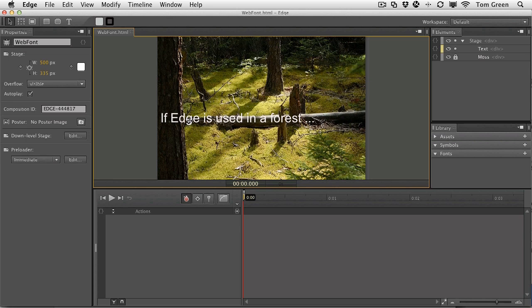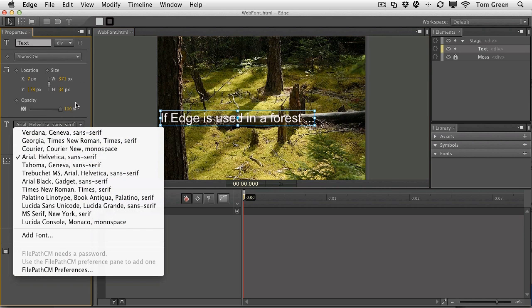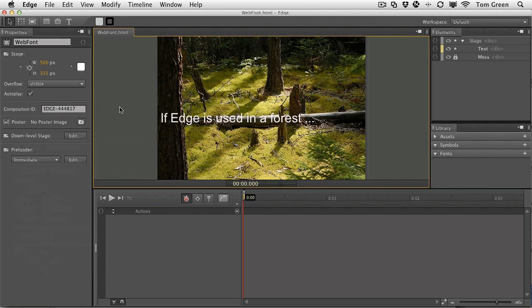Let's get started. You'll see that there's some text here over an image of a forest in northern Ontario. And what we want to do is get away from the tyranny of Arial, Helvetica, sans serif and use a web font instead. Web fonts are added right here in the font menu, but you don't merely add the fonts right off the bat. You've got to go get the font. And where we're going is Google's web fonts. So flame up your browser and head over to this address: